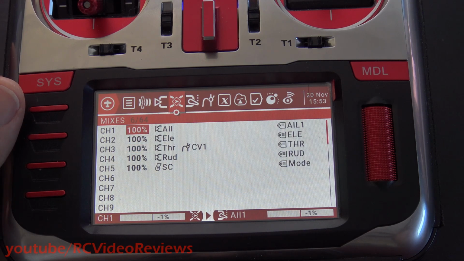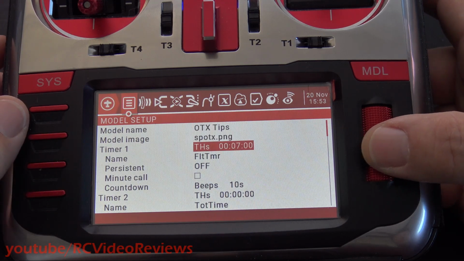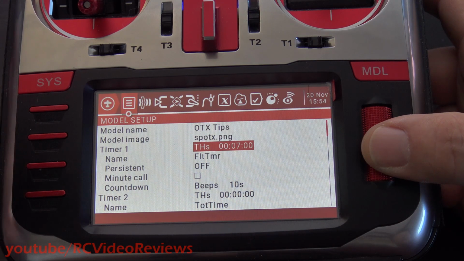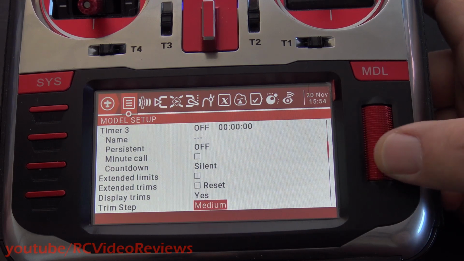The next thing I want to cover is the timer source for your timers. Go under your model setup right here, the first tab, and then you'll notice I've got a timer set up and I'm using the throttle THS value, which is fine. That works great. I like THS. But here's the tricky part. Come down here to timer source,